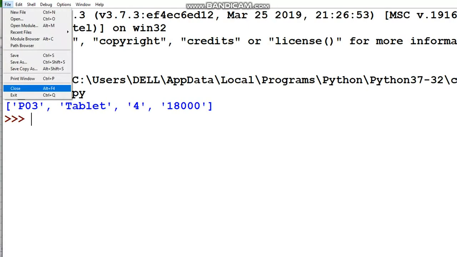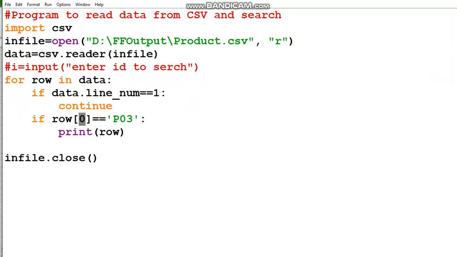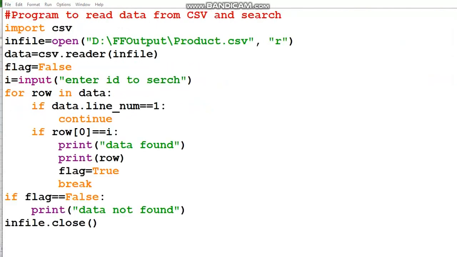Now if you wish, you can modify that coding. I did some modification, and in the same file for searching, I'm accepting the ID from the keyboard to be searched. If the ID is found, it will give the message data found. This coding, I think, is very simple.